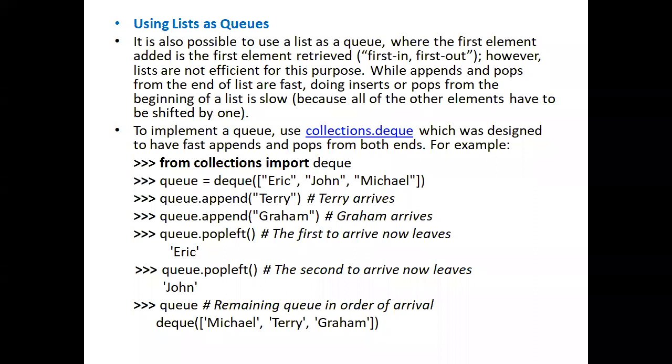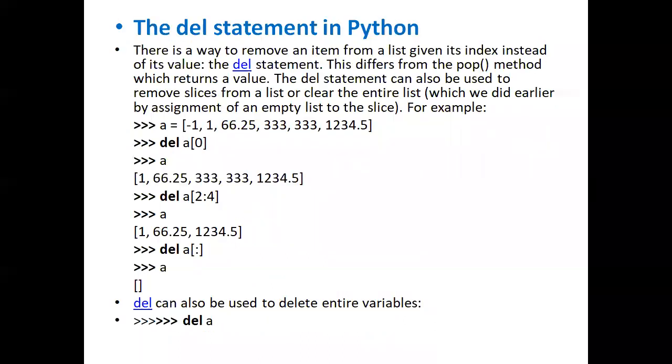Queue operations. So in Python, data structure is also one of the most important. This is about list operations and list using stacks and queues. The del statement in Python: actually, if you want to remove any Python object from memory, we can remove it with the help of the del statement.